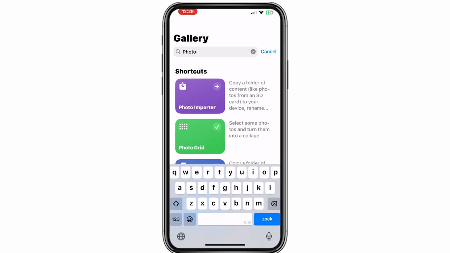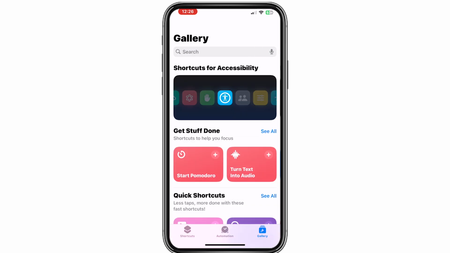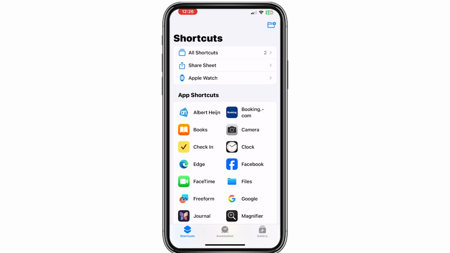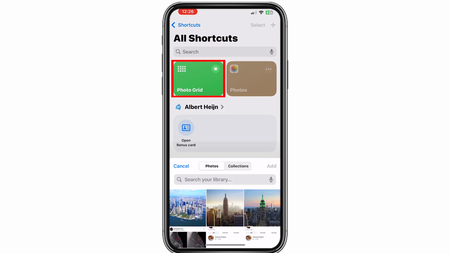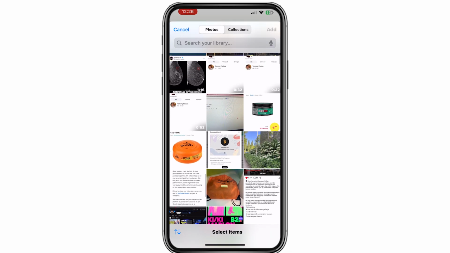And right now we want to go back by clicking on Cancel and then click on Shortcuts. Now we click on All Shortcuts, and now it's standing here, the green one left in the top. Then now we click on Photo Grid, and right now you need to select 4 photos that you want to